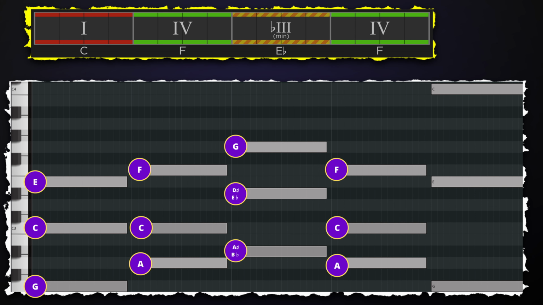Another common use of the flat 3 chord in major keys is with the 4 chord. For example,